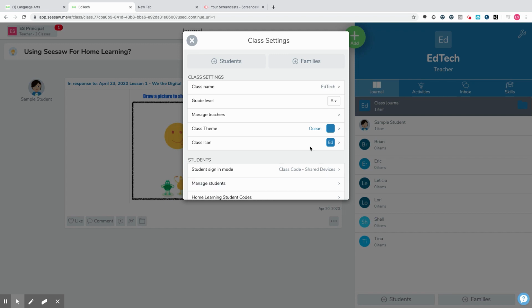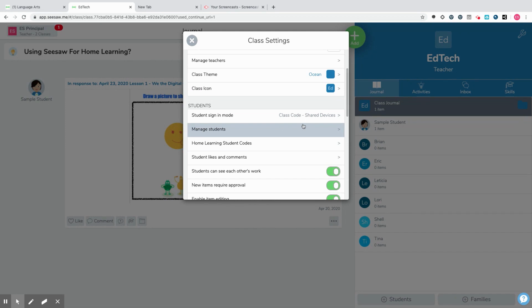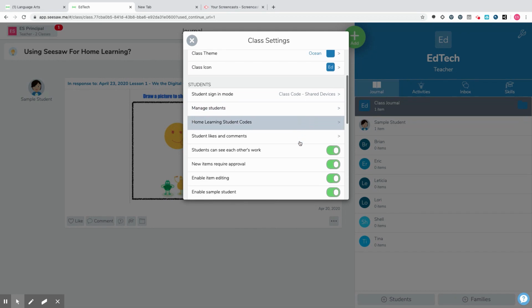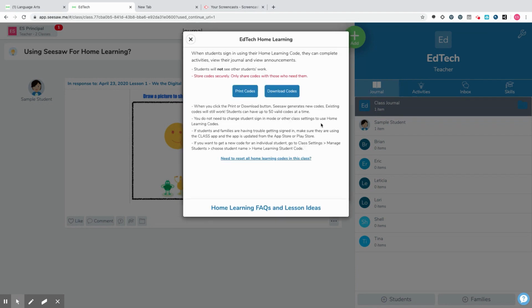So now that we've learned about class settings and the student sign-in mode, let's look here at some of the other options. You have your home learning codes for students. When you click on that, you can print the codes or download the codes to share out to your families. Again, if I choose print the codes,